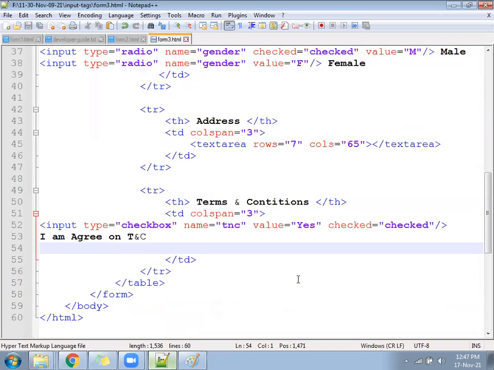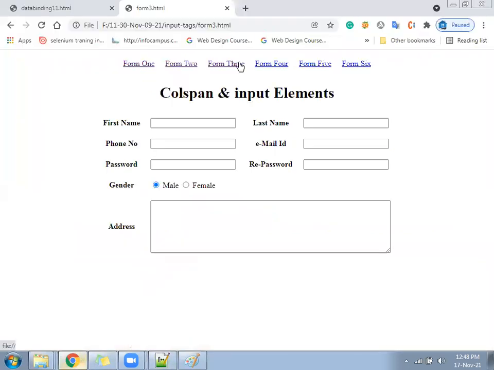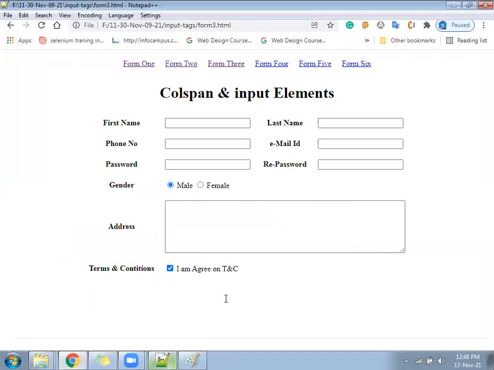So for the checkbox also we have the name, value and checked properties. Save now. TNC is coming.